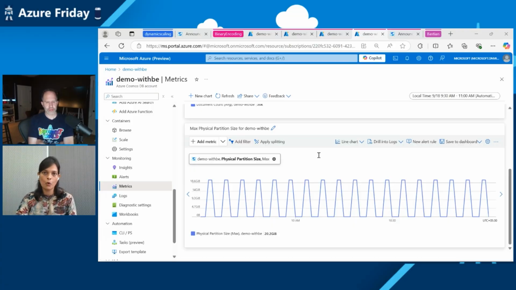And Scott, as you mentioned in the beginning, apart from the example we saw, we see customers saving anywhere around 15 to 70% on the storage compression, depending on the type and size of the documents and the number of nested objects present in the container. So having understood what storage benefits customers could get, let's move on to the query optimizations that can come out of binary encoding with a quick demo.